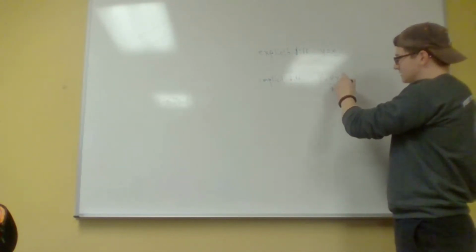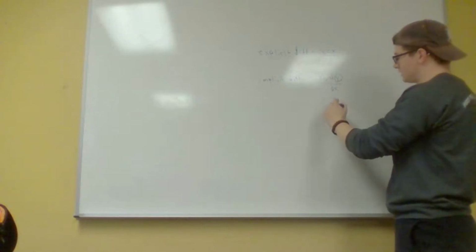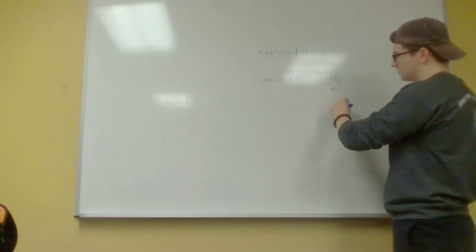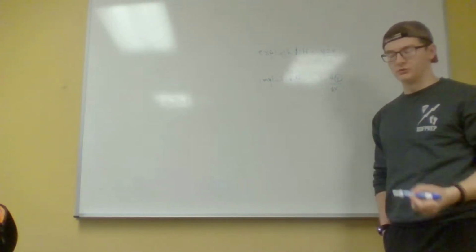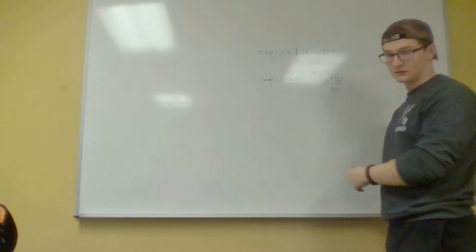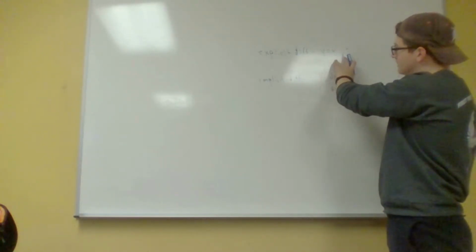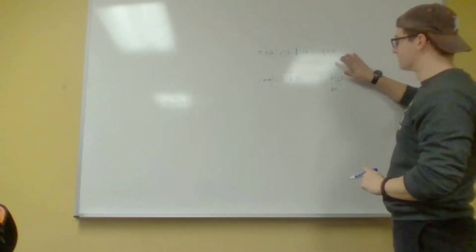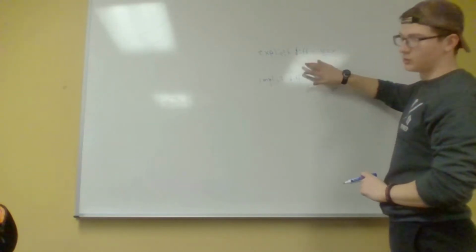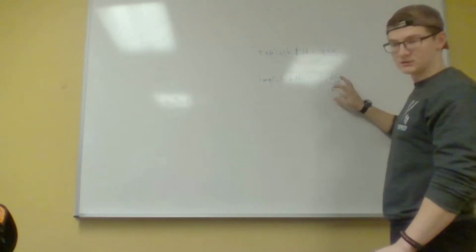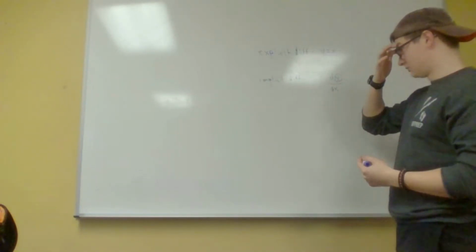So you don't have anything in relation to itself. When we find x, we can find x because it's in relation to y. But when we want y, we don't know what y is. So what you end up doing